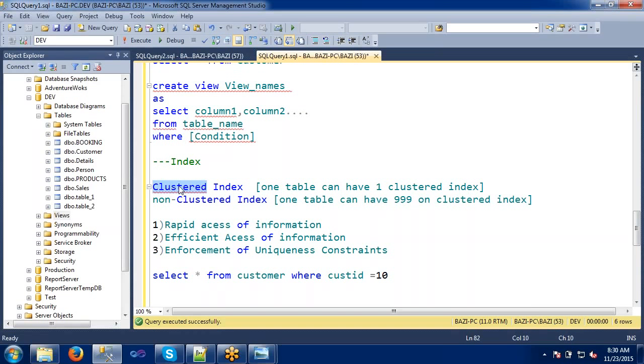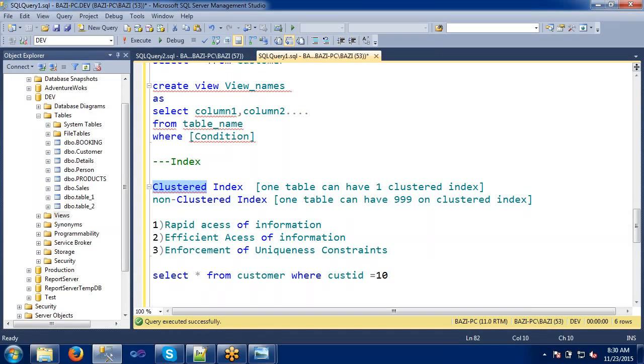So only one cluster index per table, and 999 non-cluster indexes. Okay. If you want to see the syntax, we can check that also. Create table, on the indexes like this, or else we can go the simple way. See, one more thing which